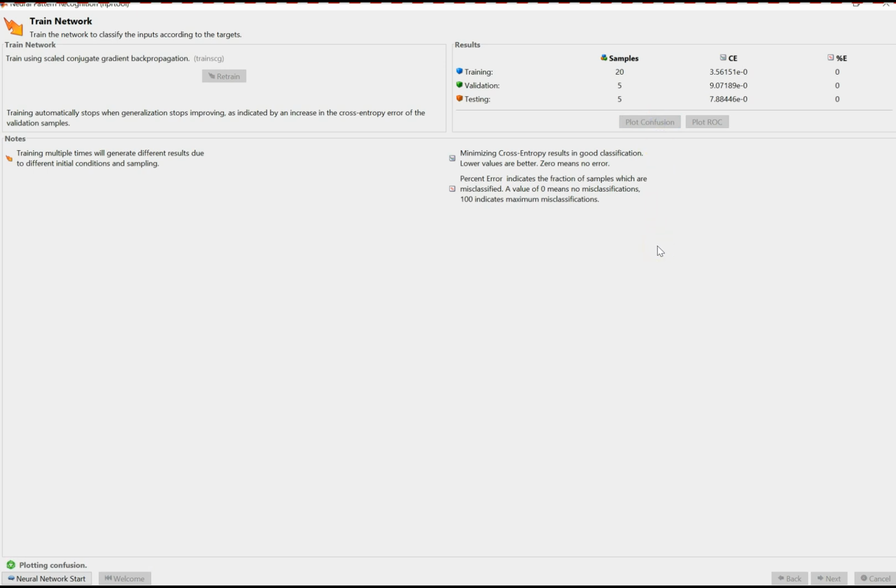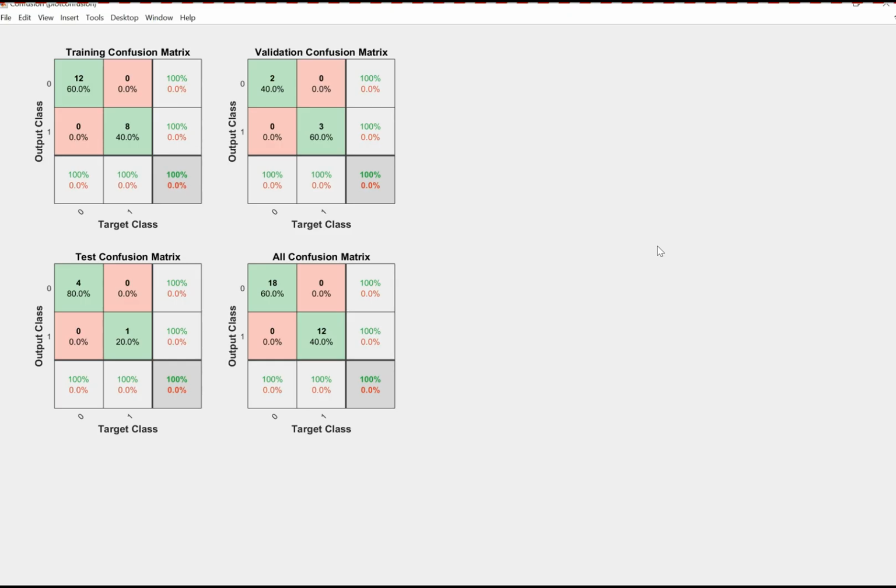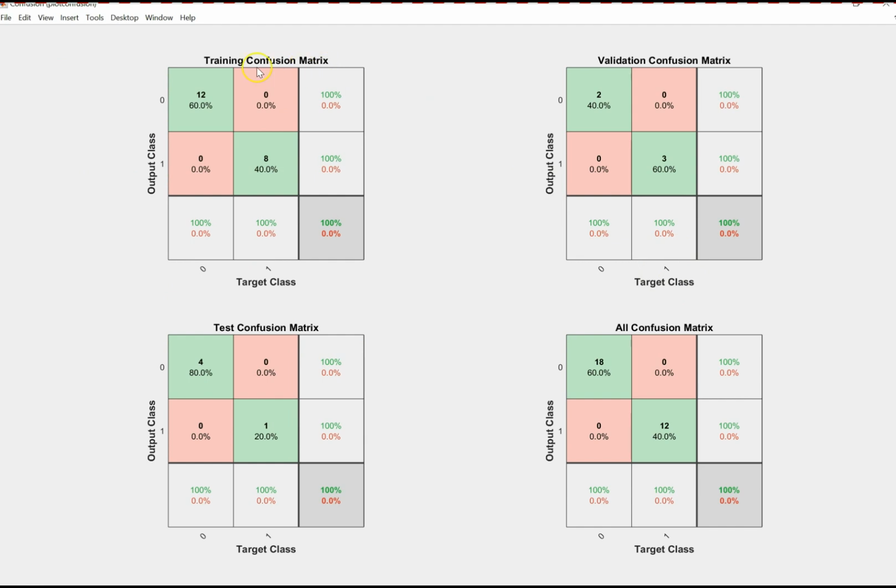My confusion matrix will plot for training data, for validating data, for test data, and for the whole data. So that's what I've got here. I have my training confusion matrix as we saw before. We have 20 data, so we have 100% accuracy, because all of them are, let's say